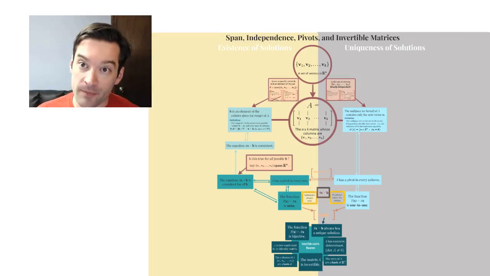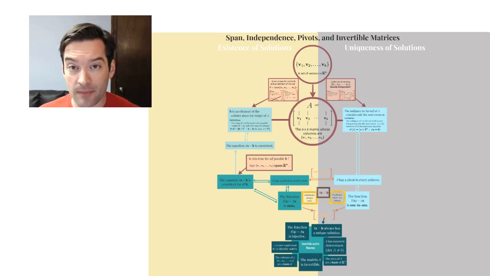In our previous video, we saw how questions about the existence and uniqueness of solutions to a linear equation in linear algebra are connected with questions about the span of a set of vectors and the linear independence of a set of vectors. The next step that I want to take is getting us a little bit closer to thinking